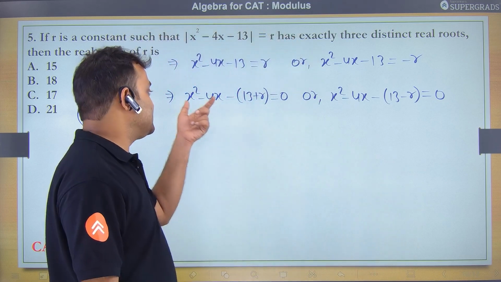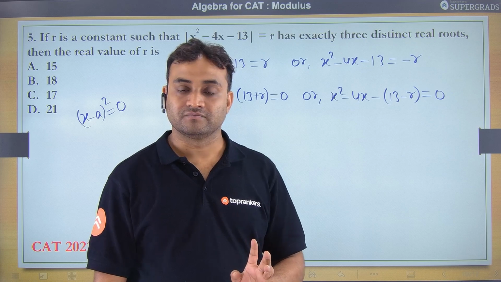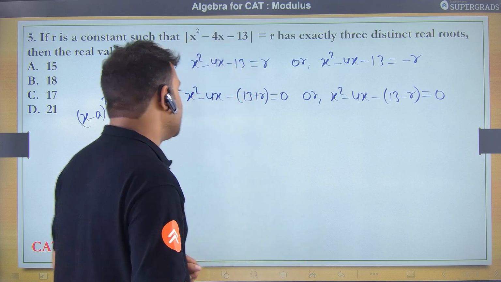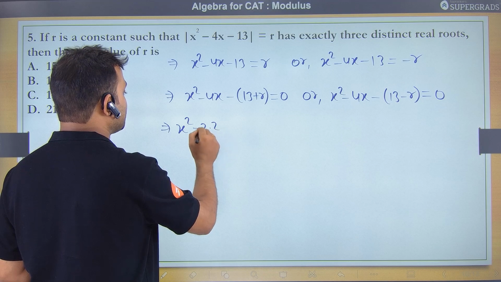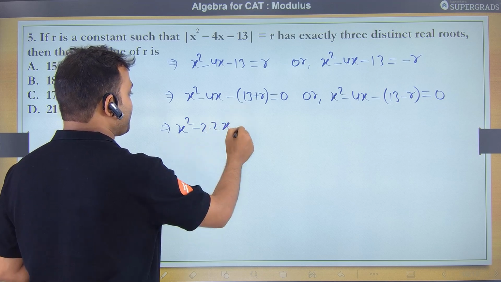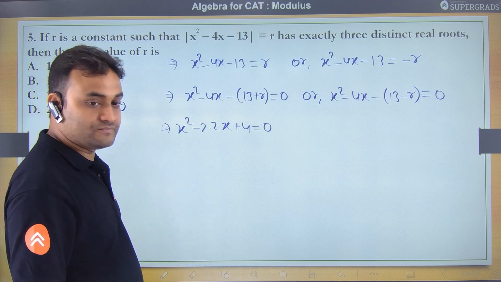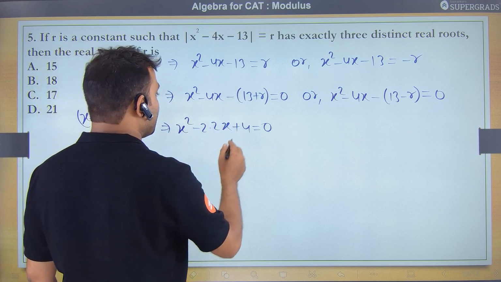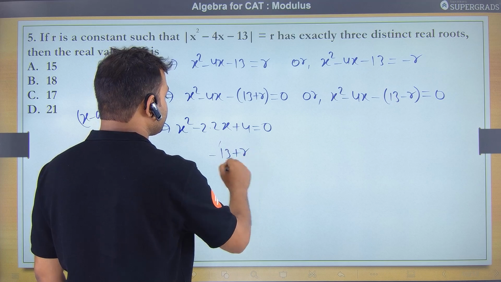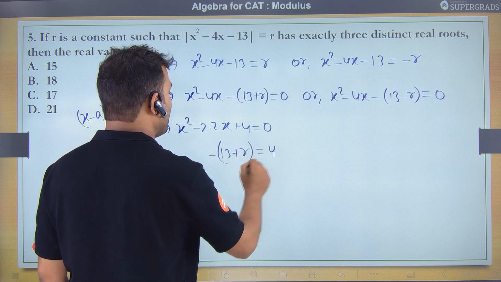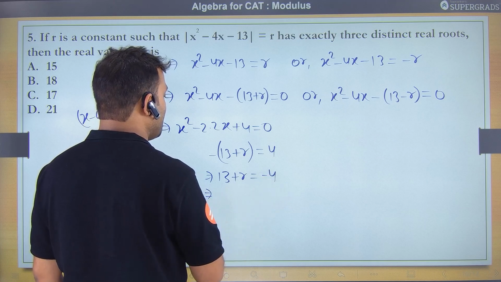इसका मतलब है कि इनमें से किसी एक एक्सप्रेशन से दो रियल रूट आएंगे और कोई एक एक्सप्रेशन परफेक्ट स्क्वायर बनाएगा। तो अगर परफेक्ट स्क्वायर हम बनाते हैं तो किसी एक को बनाने की कोशिश करते हैं। तो अगर इसे परफेक्ट स्क्वायर बनाना चाहें तो दिस विल बी 2 into 2 into x। तो यहाँ पे +4 होना चाहिए ना भाई, तब तो इसके एक ही रूट होंगे। तो इसके लिए +4 अगर बनाना है तो क्या करना पड़ेगा, -13 + r शुड बी इक्वल टू 4 और -13 + r शुड बी इक्वल टू -4।